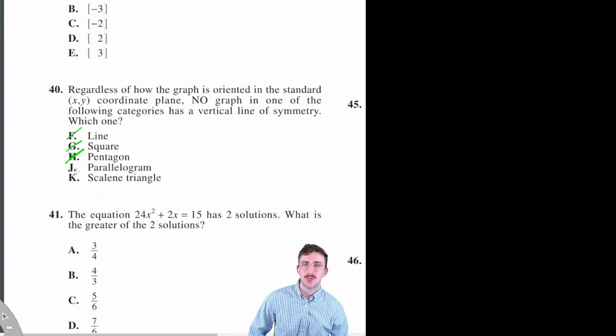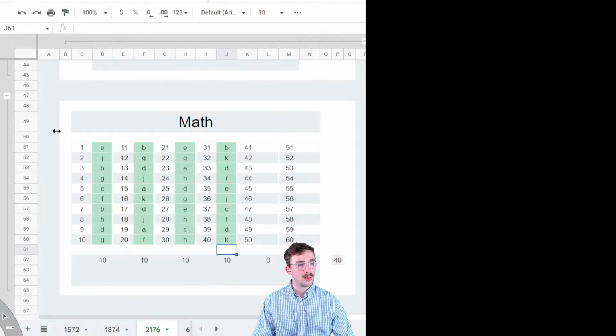Oh, and a square is technically a parallelogram. Am I right about that? Yeah. Even if I'm doubting myself here, scalene triangle has to be it, because scalene has 3 different length sides. That's just not going to have any vertical symmetry. It just won't. So that one would be K. There we are. All right, moving on to